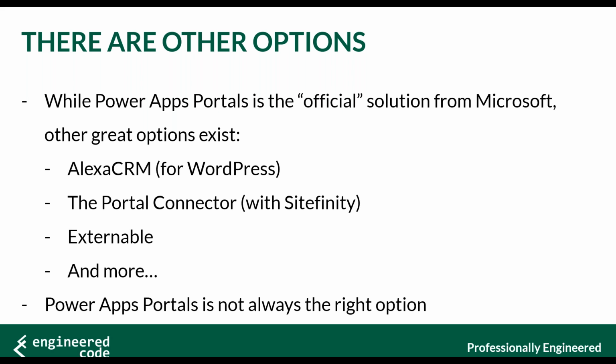So if that's what you need and you're just needing basic functionality on top of that, like, hey, I need them to submit a form, or even a simple help desk. If you have a simple help desk and you already have a WordPress site or you already have Sitefinity, look at one of these options, because rather than spinning up a brand new web property, it might be easier just to embed it into something that you already have. So just remember that there's other options, and don't get pigeonholed into Power Apps portals because it might not always be the right option.